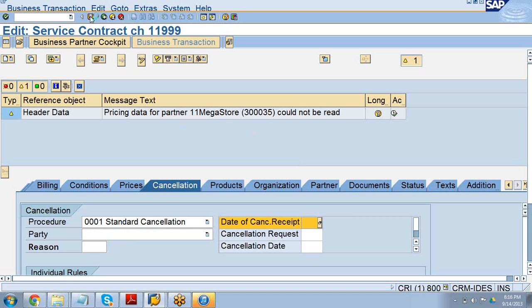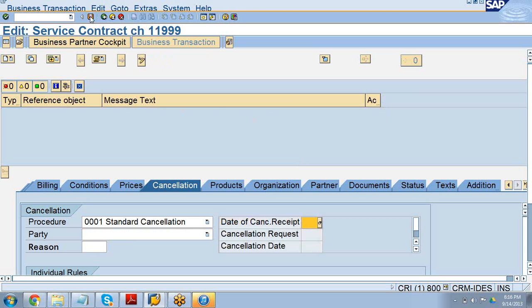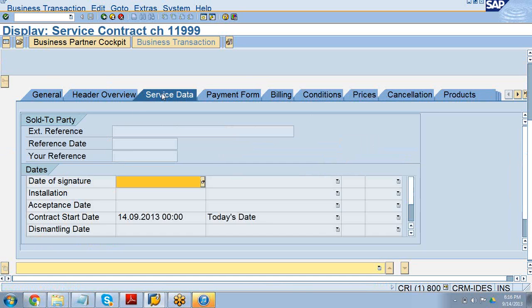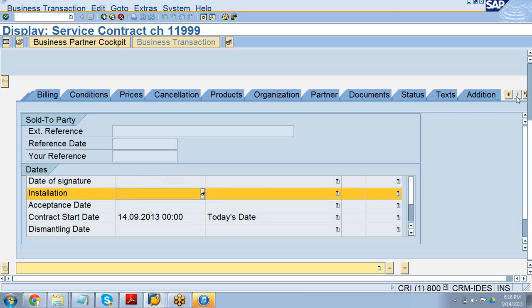So once we have saved it, you can see this. You can enter the service data, like the date of signature, where is the installation, the acceptance date. All these things can be given within this. You can go into a follow-up and also